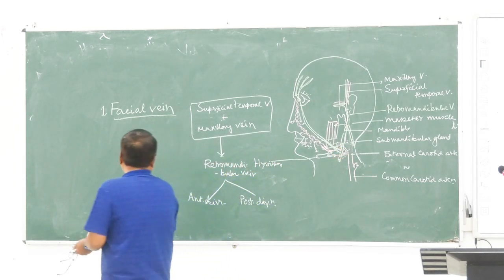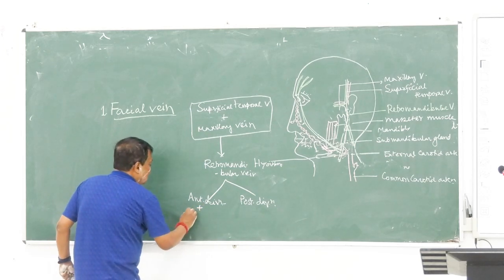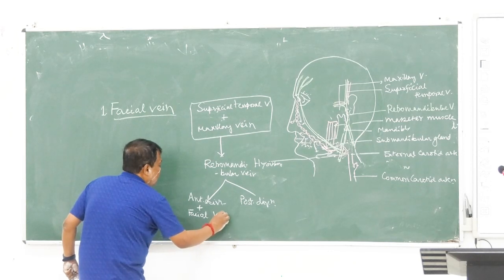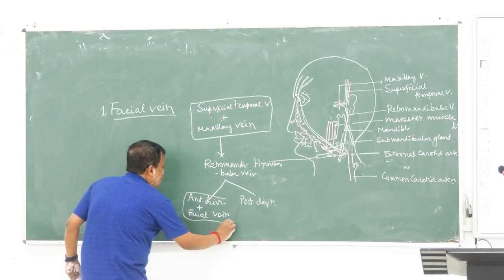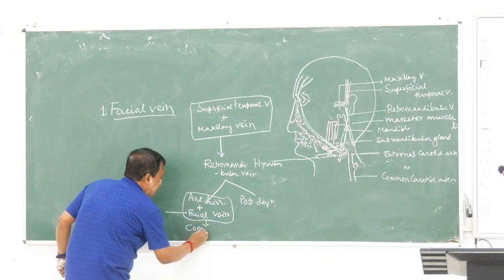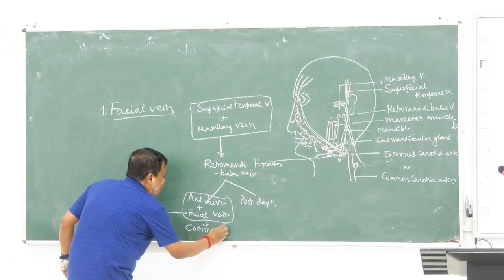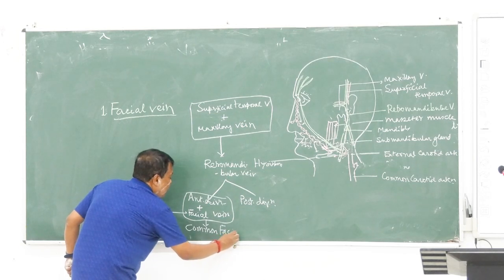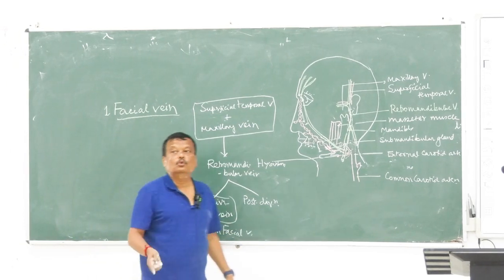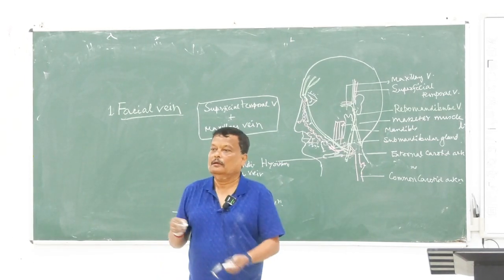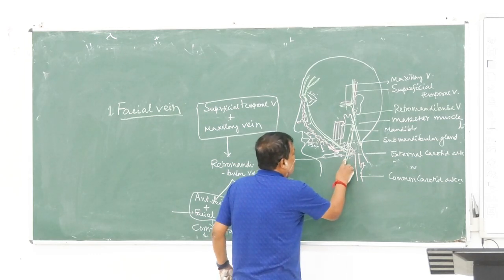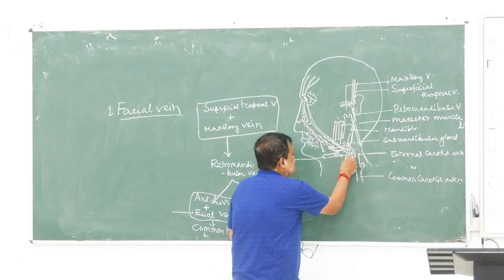তাহলে anterior division now joins with the facial vein to form common facial vein. And this common facial vein now drains into internal jugular vein. এই এখানে যেমন internal jugular vein রয়েছে, ultimately it drains into the